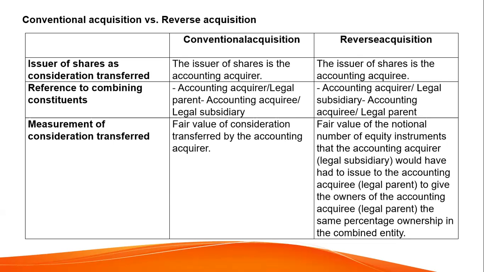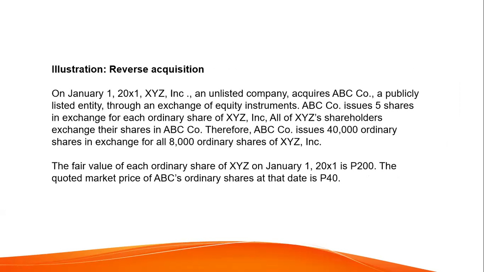In the reverse, the fair value of the notional number of equity instruments that the accounting acquirer, the legal subsidiary, would have had to issue to the accounting acquiree, the legal parent, to give the owners of the accounting acquiree the same percentage of ownership in the combined entity. Now we have an illustration of